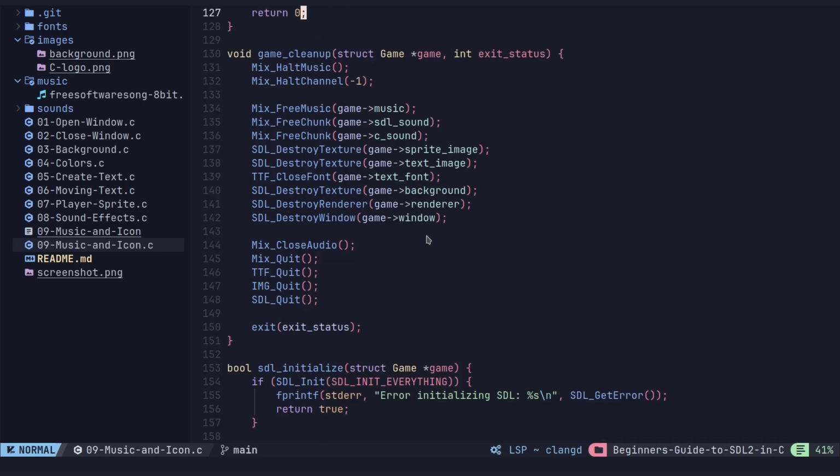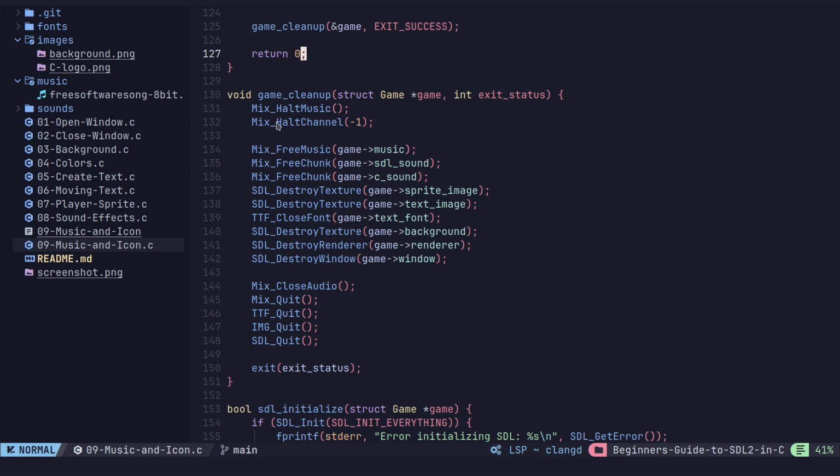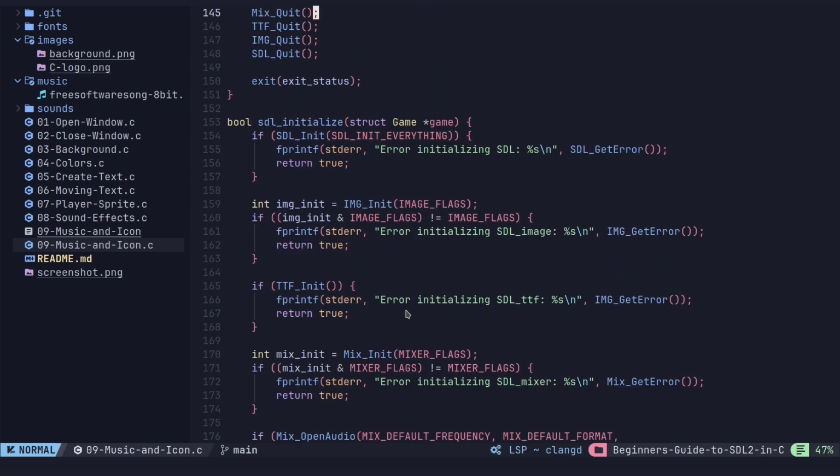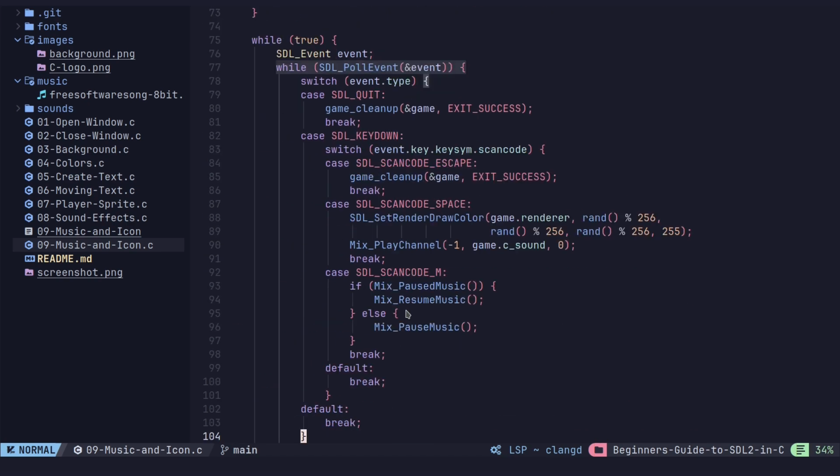In our cleanup, we are halting music, just like we halted our channels. We're freeing the music, and all the other stuff is still the same because that still belongs to the audio section. Okay, so then we're